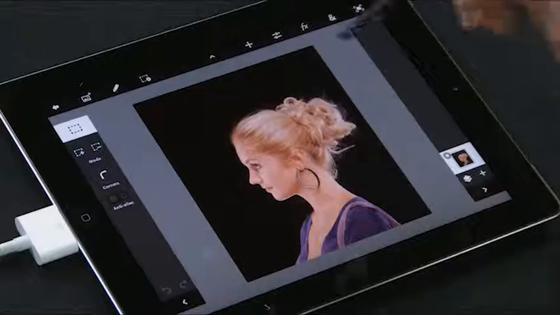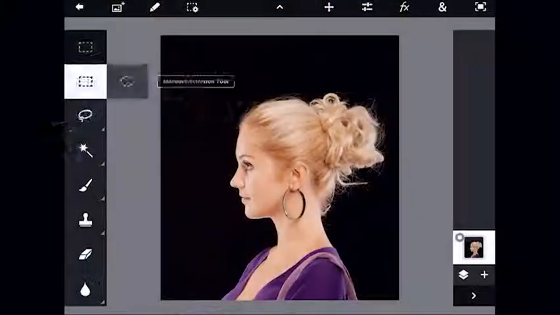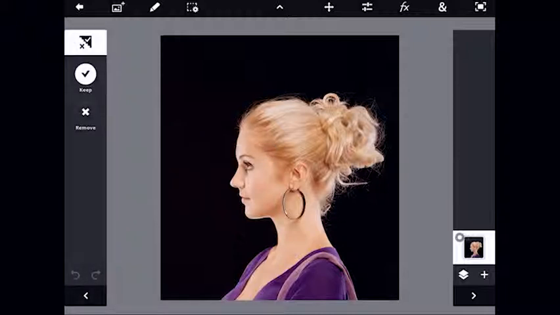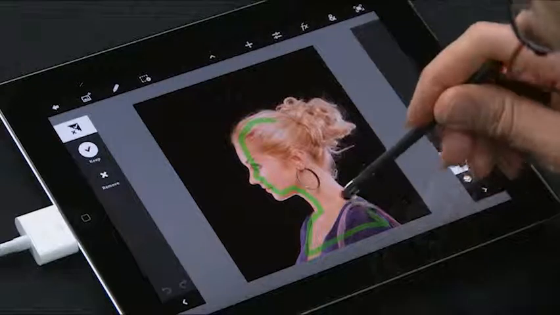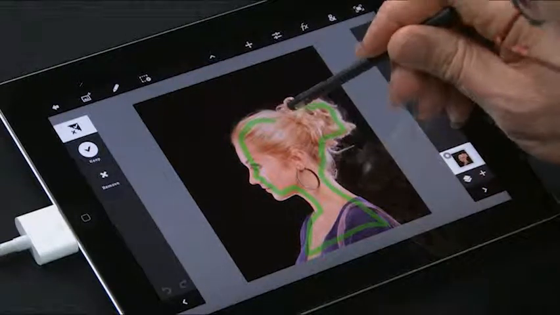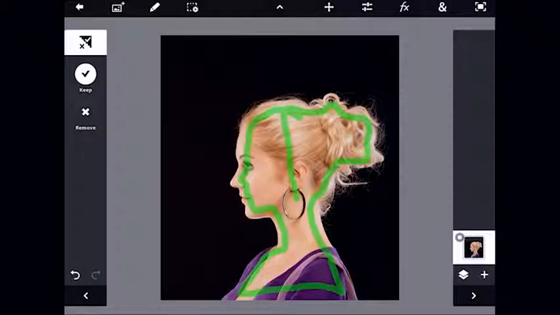First of all, I'm going to go ahead and make a selection. My favorite tool here inside of Photoshop Touch has to be the Scribble Selection tool right there. Once again, we go in and select the areas that we'd like to keep. Now keep in mind that if you zoom in on your subject matter, the size of the brush will change in relationship to your object, so it makes it much easier. That's the area I'd like to keep, and this is the area I'd like to remove by selecting the Remove